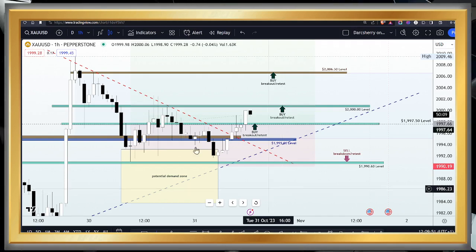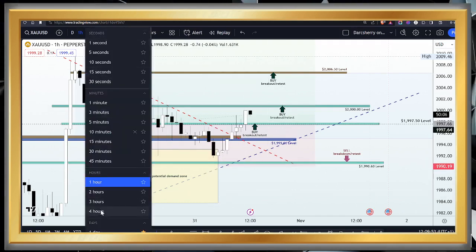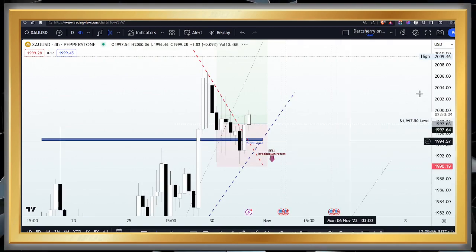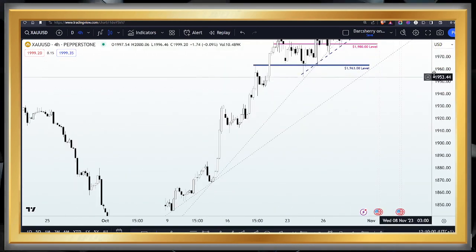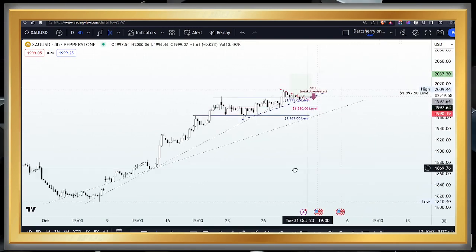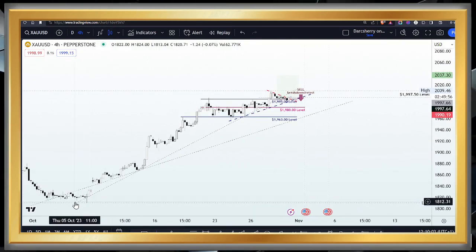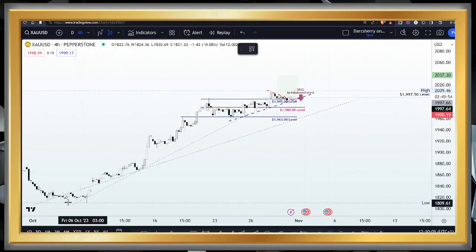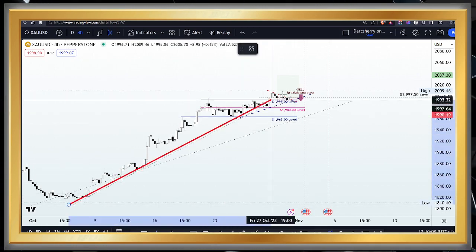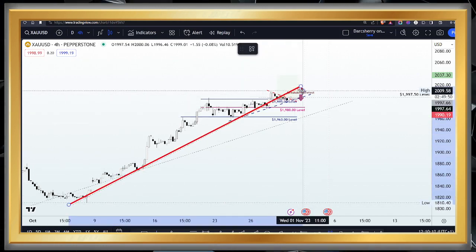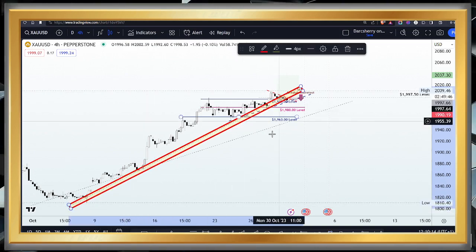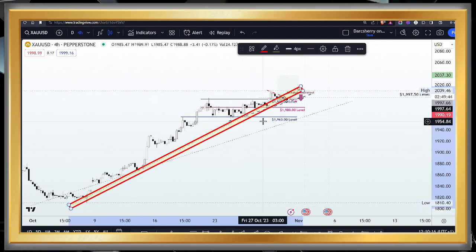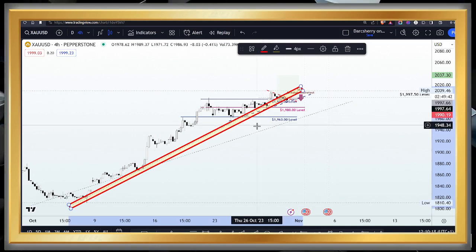Now, for those of us who were not part of our live session yesterday, let me show you something here that we saw at the beginning of this month. It has been very bullish. This is the month of October, and you will see that since this month began, price has respected this ascending trend line, giving us a trend line to work with. At no point in time have we seen price break down this trend line, which further emphasizes the strength